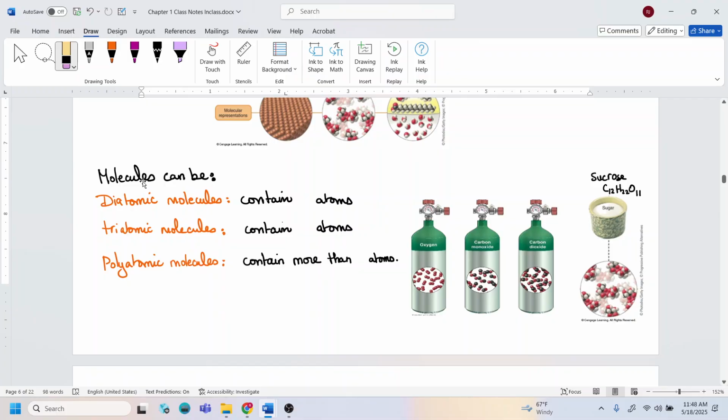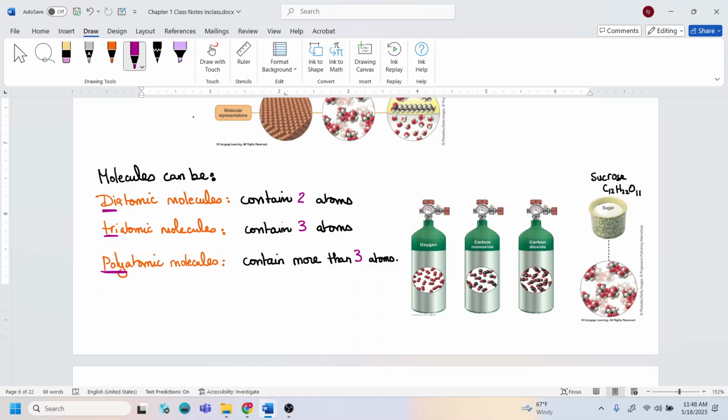To classify molecules: they can be made up of different types of atoms, so to know the classification, you have to count the number of atoms in the molecule. A diatomic molecule is a molecule that contains two atoms, so we use the prefix di, which means two. A triatomic molecule contains three atoms, and a polyatomic molecule is a molecule that contains more